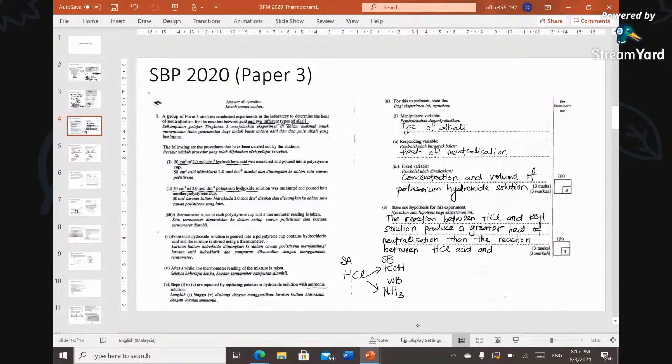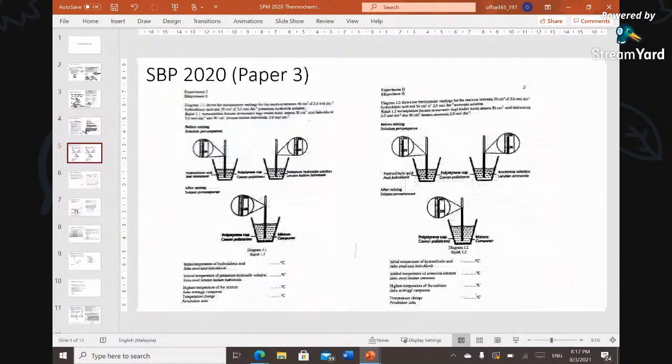Okay, so always have to mention both. Okay, so you have both experiments over here, always mention both. Okay, you are done with your hypothesis. Okay, then you have to